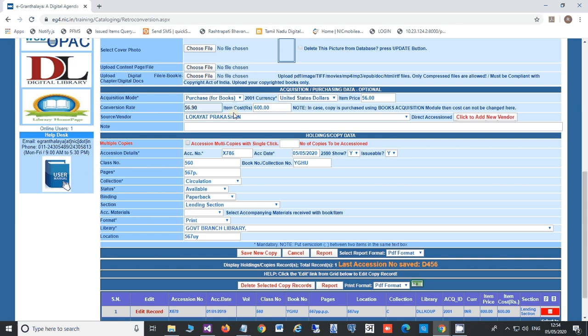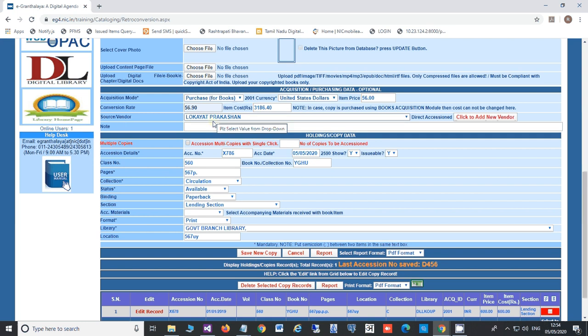And then once you press the tab, it will automatically calculate the amount in rupees. So basically you need to give value in both the fields, item price as well as item cost in rupees.